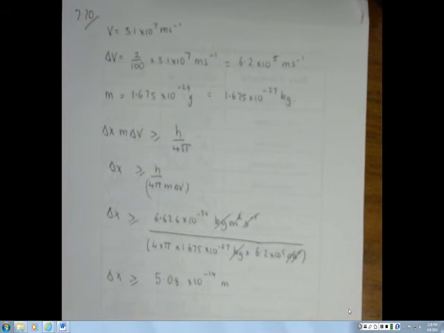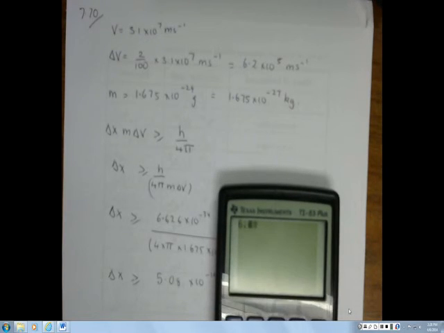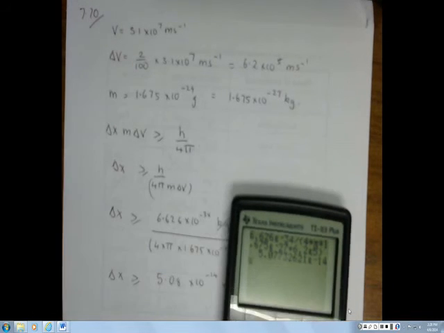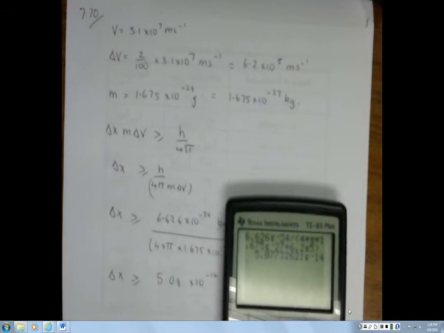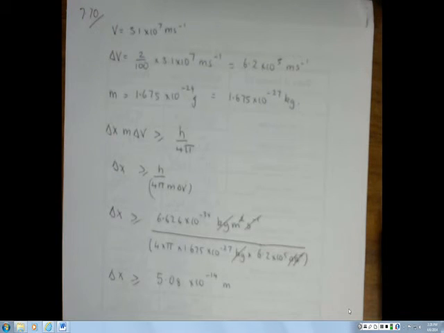Okay, alright, that's a relatively complex calculation. Let's see if we can do it again and get the same answer. Okay, having done it twice, I've got the same answer, so I'm feeling fairly confident about that. Right, looks good. Okay, so that's 7.70,